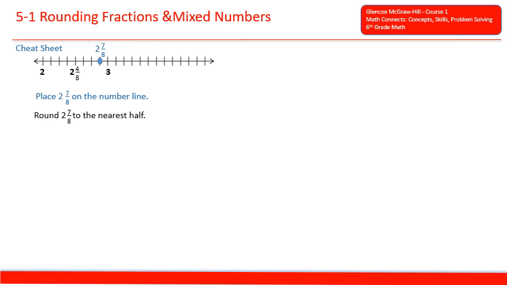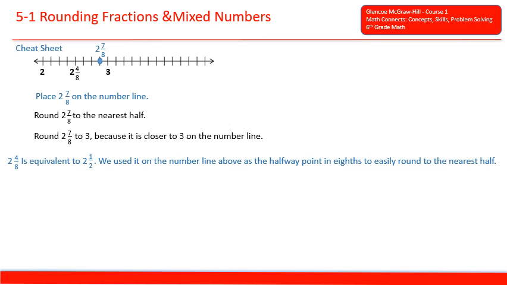Round 2 and 7/8 to the nearest half. Well, if you look at the number line, we're going to round it to 3 because 7/8 is almost another whole number. And 2 and 4/8 is equivalent to 2.5. We use it on the number line above as the halfway point, and eighths to easily round to the nearest